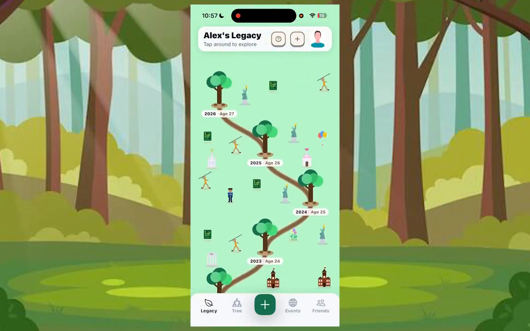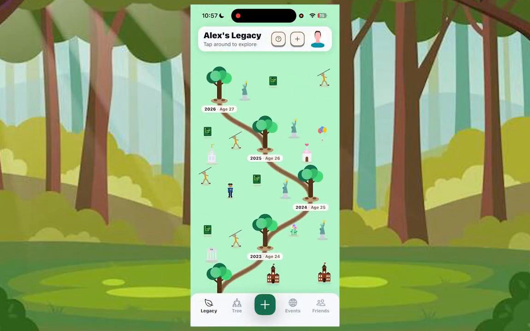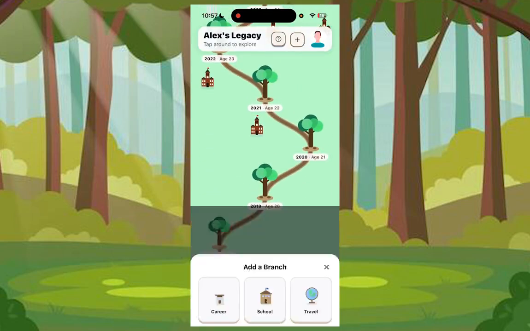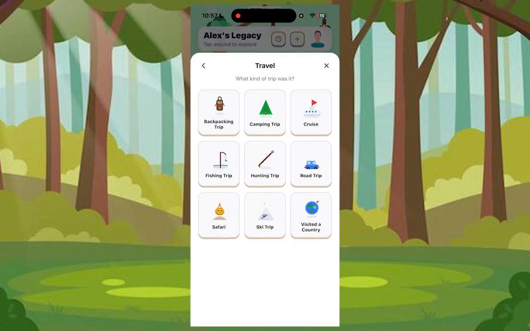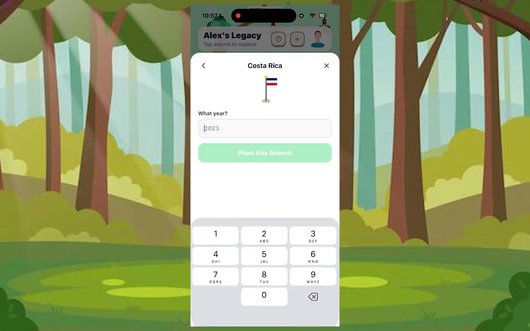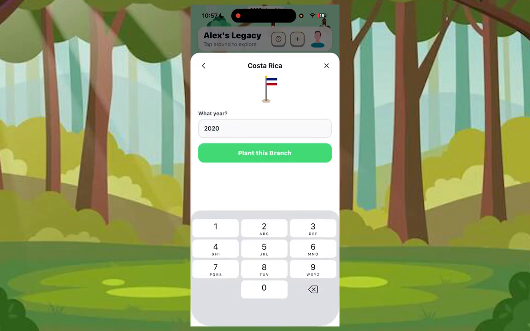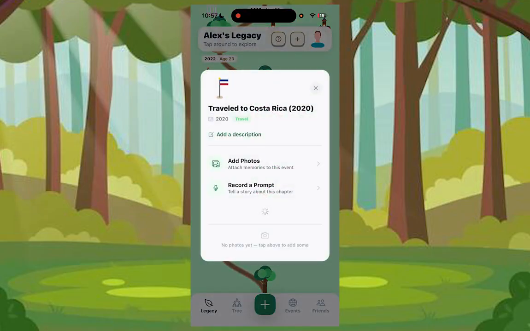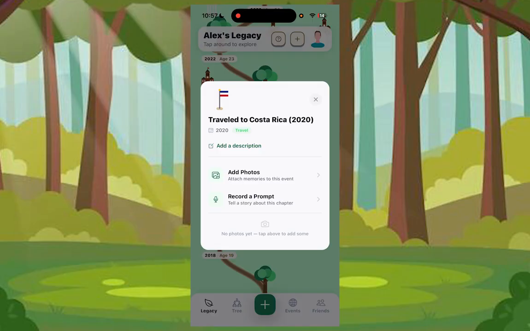So how do you add more branches or more icons to your timeline? You go ahead and you click this little plus button right here. And let's say that I traveled and I went to Costa Rica, and I went in 2020, and I click plant this branch. Then the Costa Rican flag pops up on my branch. I can add photos or videos right here, and I can also record a prompt to reflect on my time